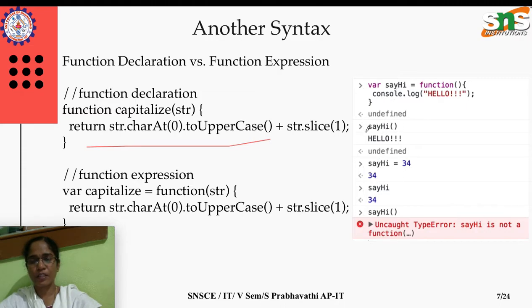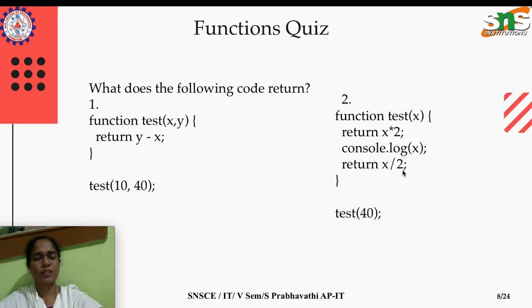Now here it is acting as a function call, then later it is changed to a variable of number data type, is it not? So later if you call the function using this syntax, you can't get it, because we have changed this sayHi variable to be the number data type. Okay, so these are little things you have to pay more concentration to, since you had knowledge of our previous programming languages. This will have different notations, you need to keep that in mind.